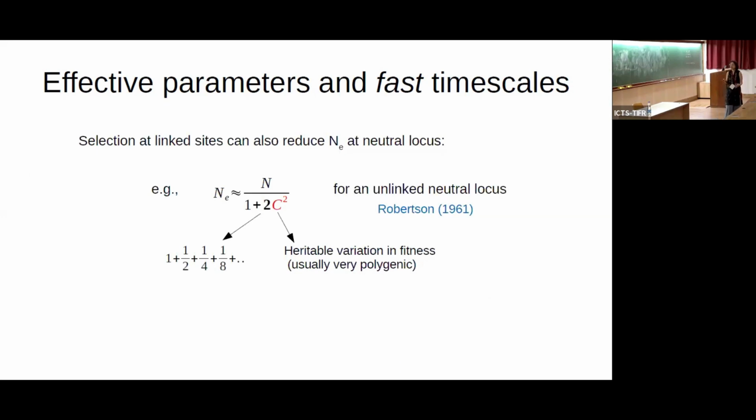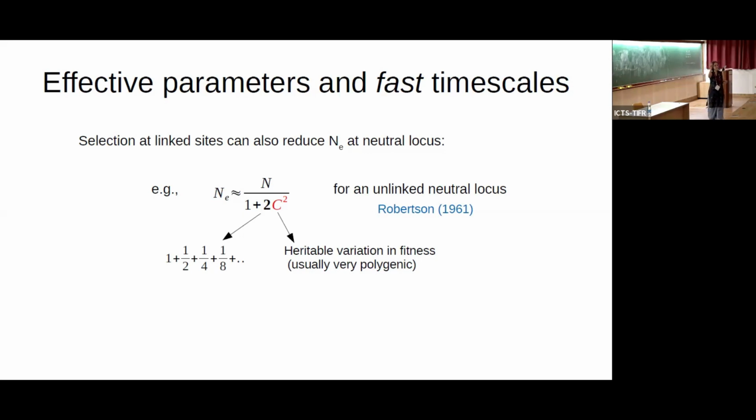But as we've also seen in this workshop, one has a similar effect if there's selection at linked sites. I was talking about selection at linked sites because of divergent selection between populations, but essentially one has the same effect if, within a population, there is fitness variation. And there's this classic result by Robertson in the 1960s that in this case, effective population sizes are reduced by a factor which essentially depends on how much heritable variation there is in fitness. And this factor of 2 kind of comes from the same arguments I was making here, which is that if